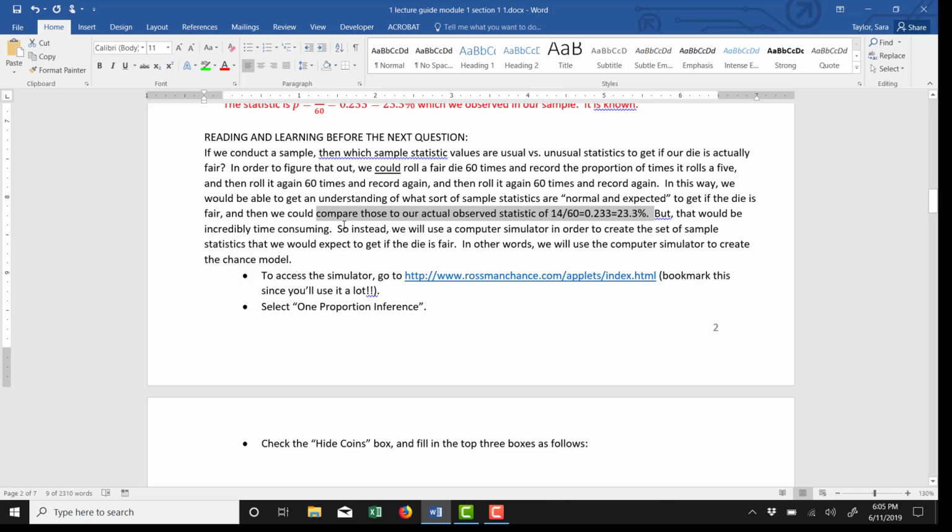But that would be very time-consuming, to roll the die 60 times, and then roll the die 60 times again, and then roll the die 60 times again. We can't do that. That would take forever. So instead, we use a computer simulator to do that for us. All right, so at this time, I am going to